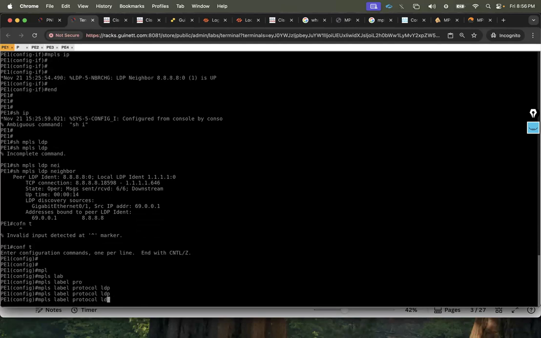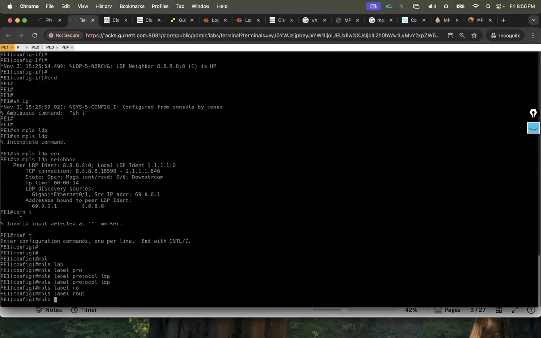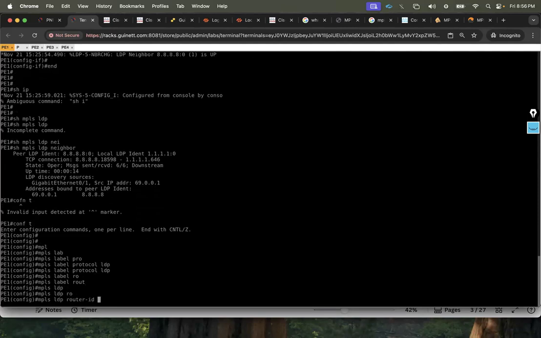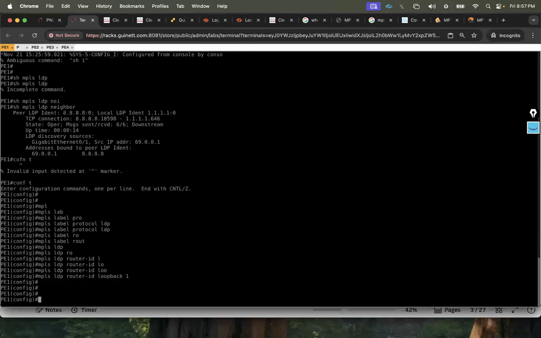Another is the router ID. Sorry, MPLS LDP router ID and then loopback is going to be 1. This command, I would suggest you just put it on every router, whatever the router ID we have, because always they're going to use loopback as a router ID for all the MPLS negotiation. Right now, if you go in this output, by default it's selected the loopback as a router ID,